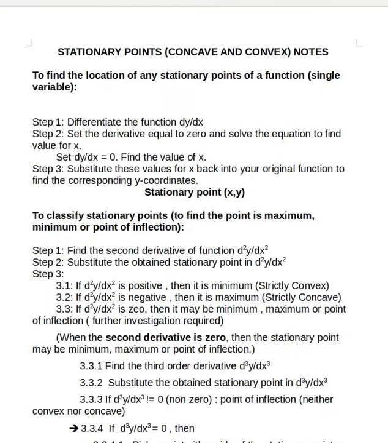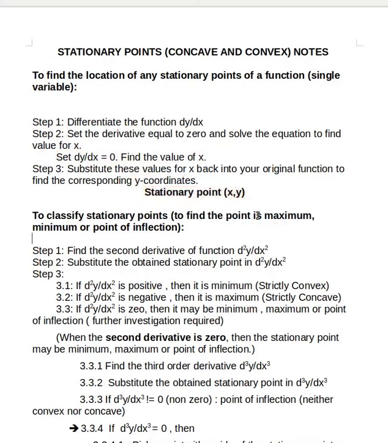So in today's session, we check whether a single variable function is concave, convex or neither. For that, first we find the location of the stationary point. In order to find the stationary point, we first take the first order derivative, then we equate it to 0 and find the value of x, and we substitute the value of x into the function and find the y. So we finally get the stationary point as x and y.